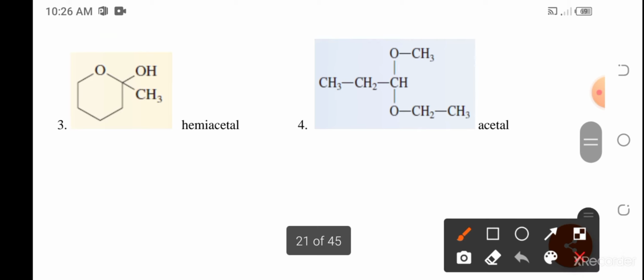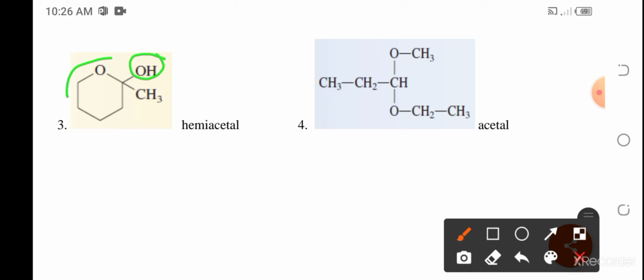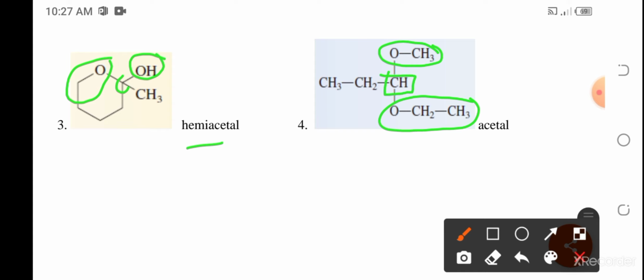Okay, third example would be, so we have here the hydroxyl group, and this is the alkoxy. They are both connected to this carbon atom, so therefore that is hemiacetal. This is an alkoxy, another alkoxy, and they are connected to the same carbon atom, so therefore that is an acetal. Okay,